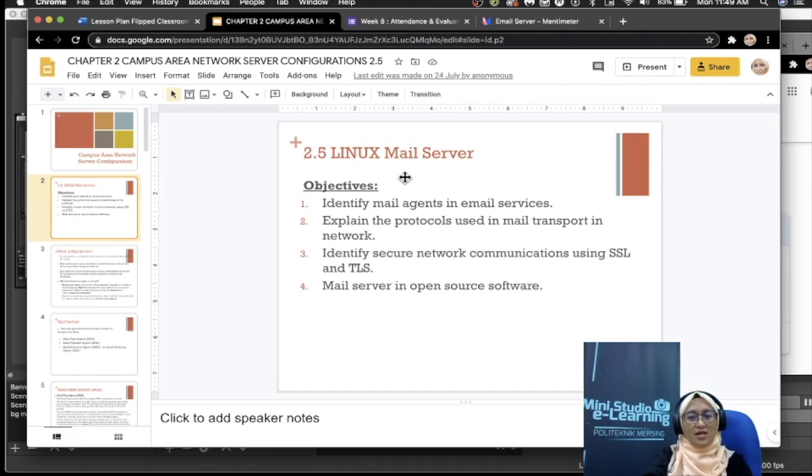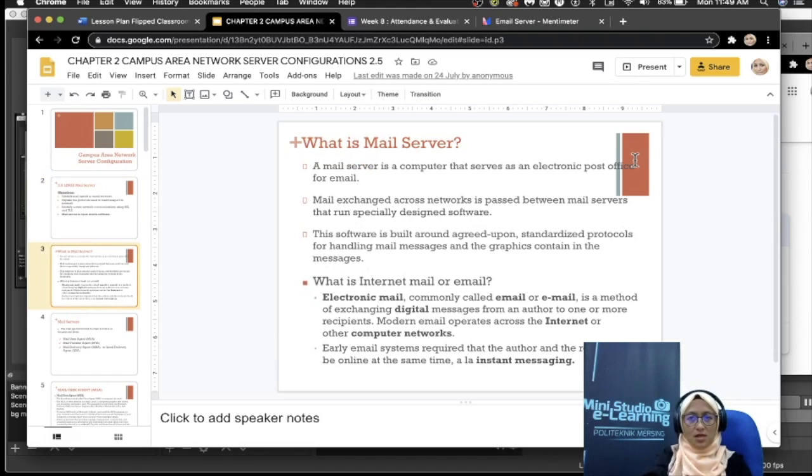The mail server in open source software. Okay, we have several mail servers that you need to understand, you need to recognize which is the open source software. For the beginning, you may understand the mail server itself, the description of